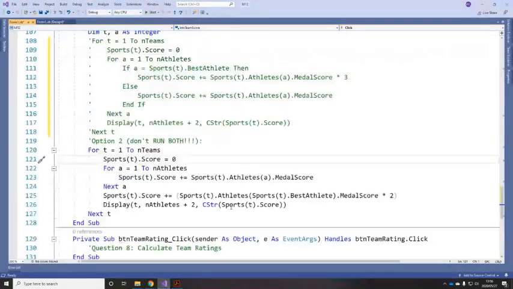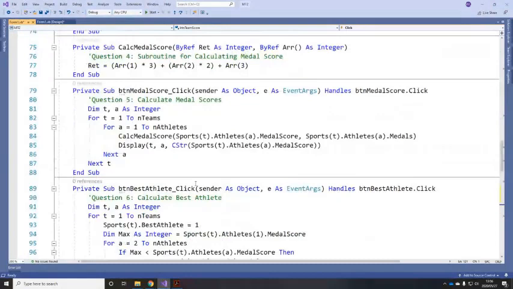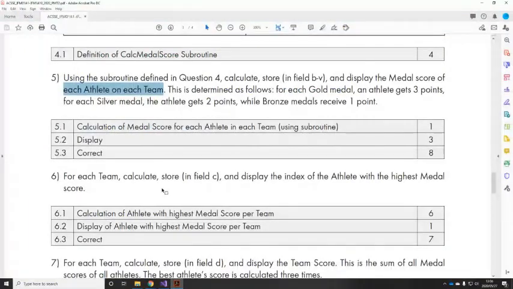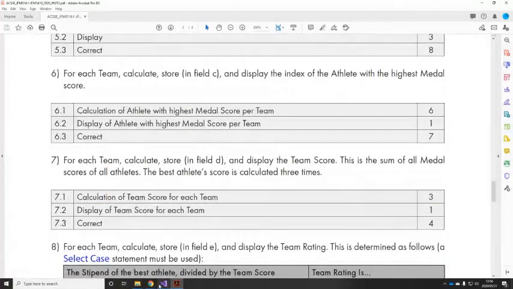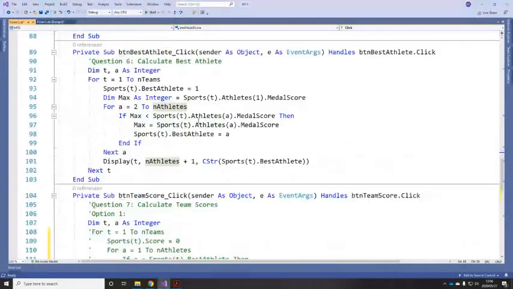And so if we go to question 5's code, you'll notice that because it's each athlete, each team, the code occurs inside 2 for loops, one for athlete and one for team. Whereas question 6 was just for each team. Question 7 is also for each team. And so it is not a coincidence that you're picking up that there is a for T loop as well as a for T loop here